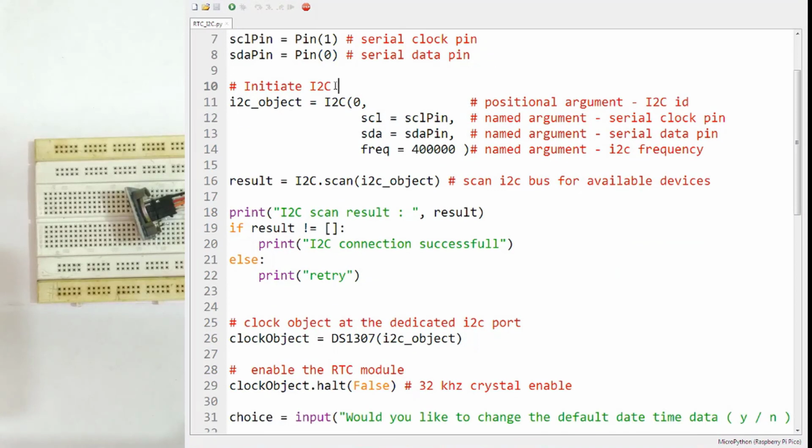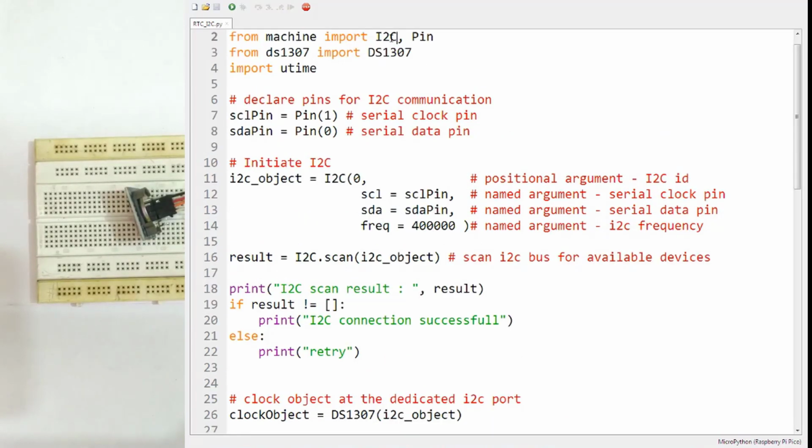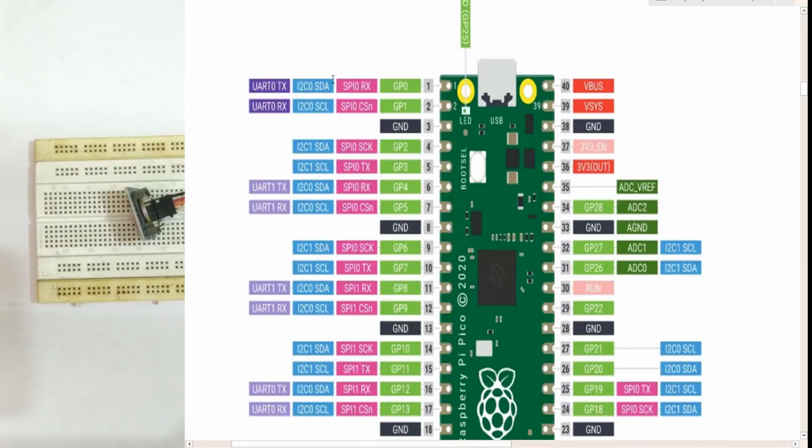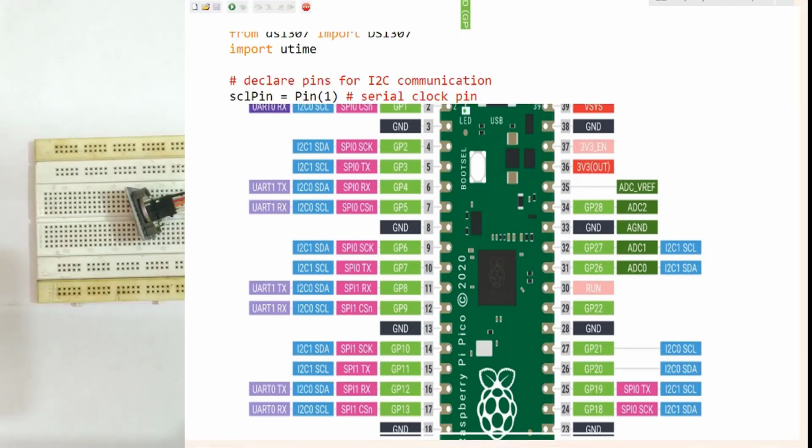Now you have to initiate the I2C. First you will make an I2C object. You will use the I2C constructor which you have earlier imported. You will give the positional argument, this is the ID. Because we are using I2C 0, we will put 0 there.